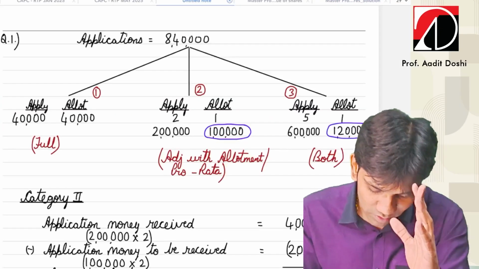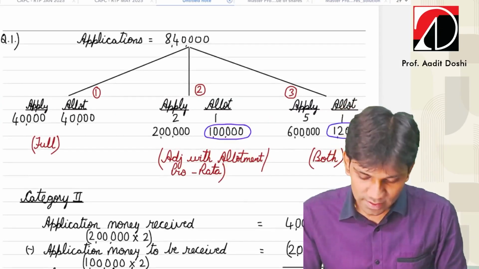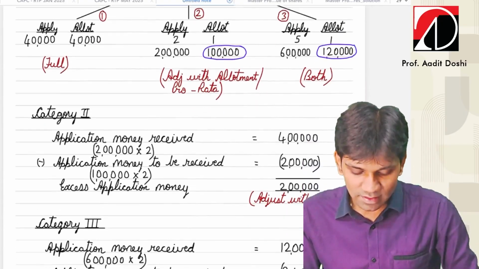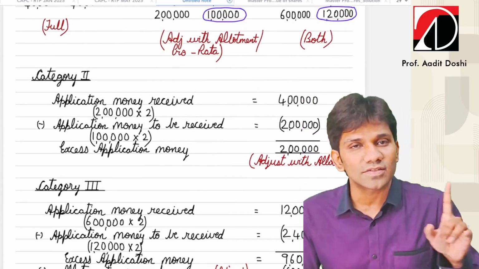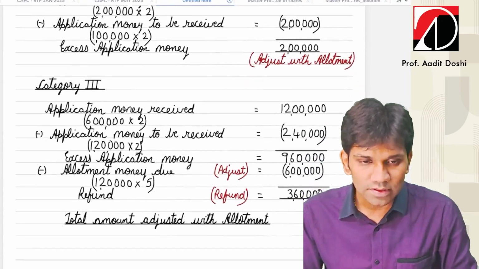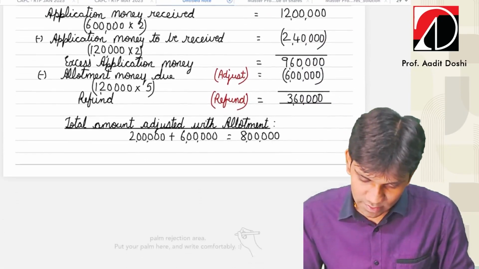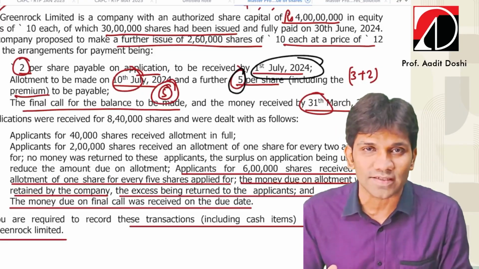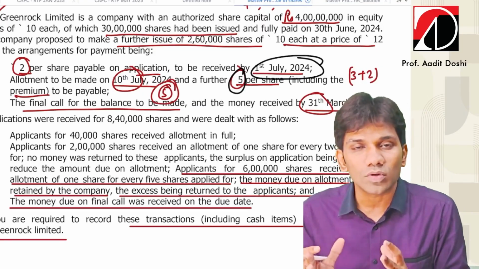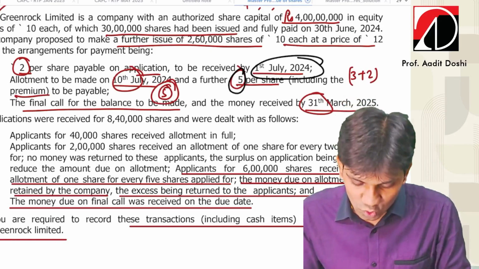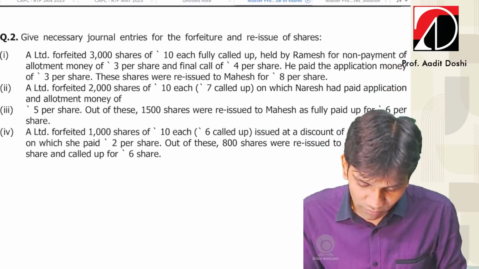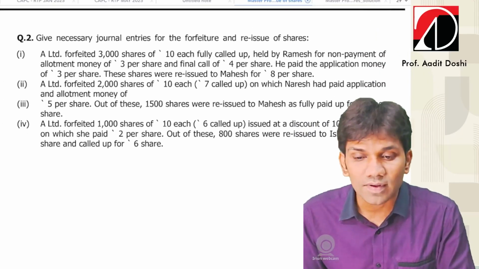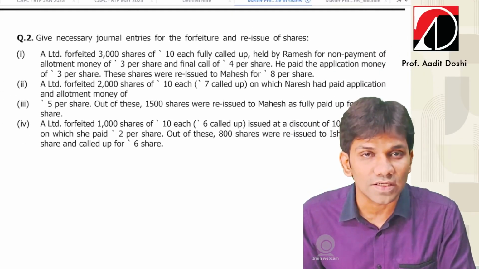I would just like to refer to the working note which I have prepared for you guys. This is how it should look. First, prepare the types of shareholder categories and then for each category the same pattern: application money received, less application money to be received. This is how it has been worked. Check. Now, let's go to the next master problem of company accounts issue of shares. Why? Because I'm going to cover the forfeiture and reissue part. This is the second question of your company accounts issue of shares. Again, a master problem. We'll cover this and continue with forfeiture and reissue.